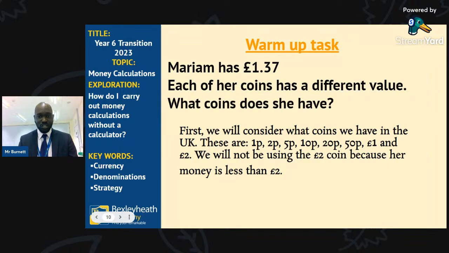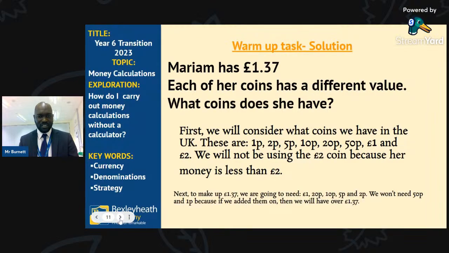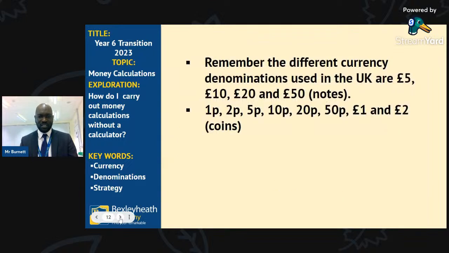And I still need some more coins to make my 37. I can use the 5p coin, yes. I can see here in the chat, yes. So now I'm up to £1.35. And finally, the last two options are a 2p or a 1p. And surprise, surprise, I can't use two 1p's because I must have one of each. So I'm going to use the 2p coin. And so that's how I would go about coming up with an answer. And on the next slide, we're going to see exactly what the answer looks like.